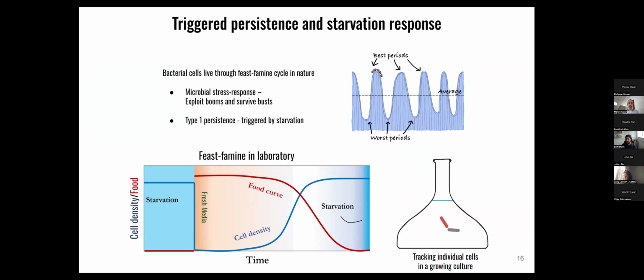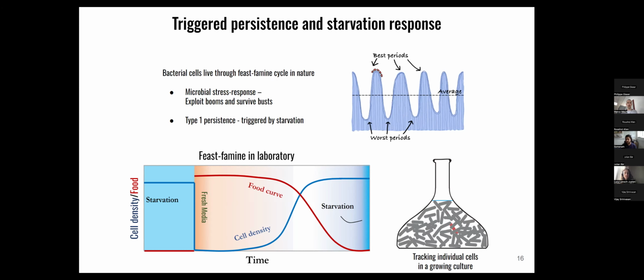And the other persisters that are also really curious and interesting to study are type 1 persisters. Bacteria in nature and in your body go through periods of good food and no food. Often in the starved condition, a certain fraction of bacteria enter into type 1 persistence, or triggered persistence. And so we wanted to study such processes. However, the mother machine was not originally suitable for that because the environment is temporally uniform.